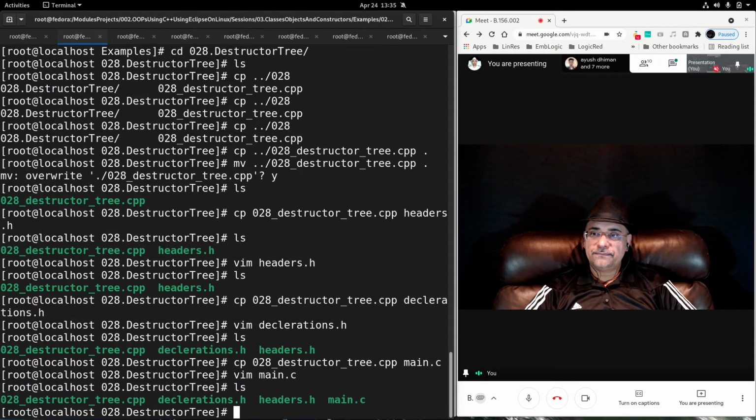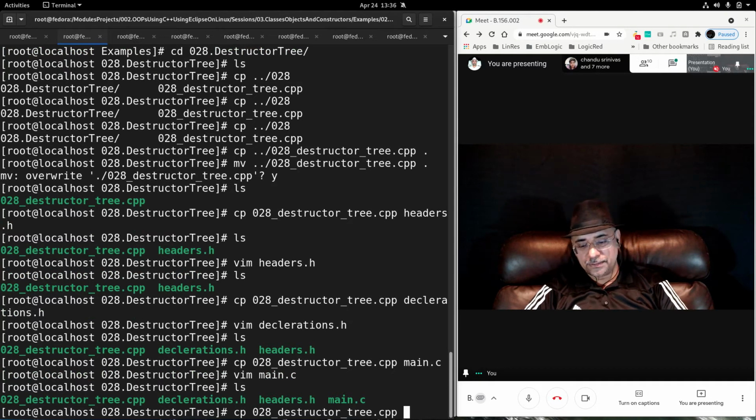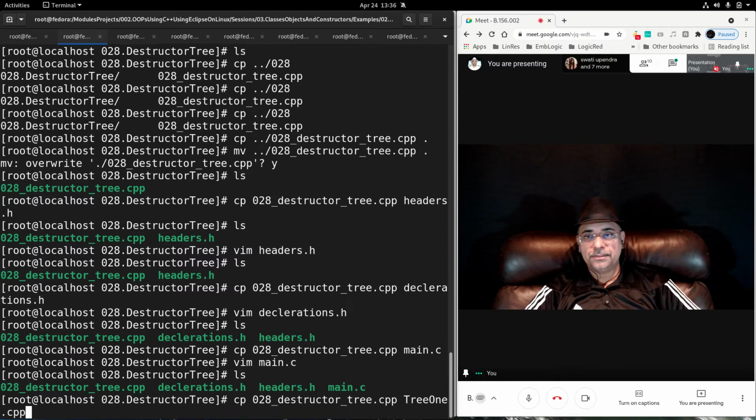Now let's have a constructor, one argument constructor. Let's call it tree1.cpp.